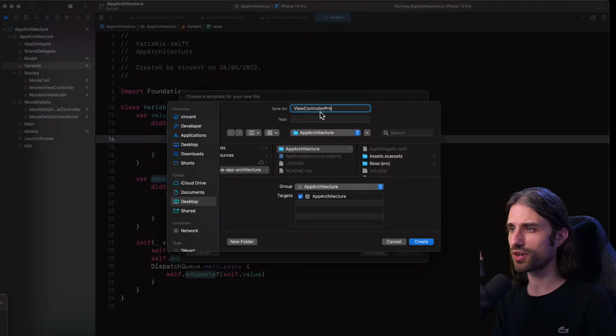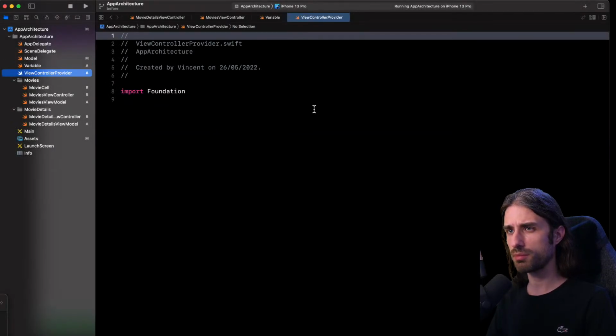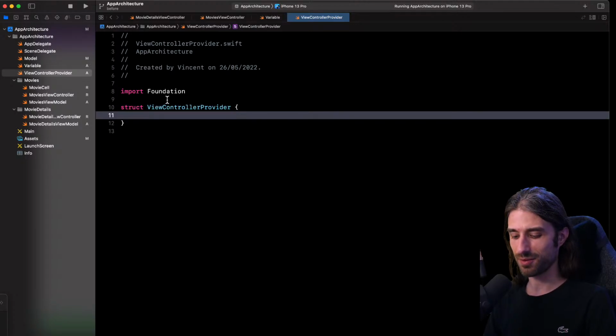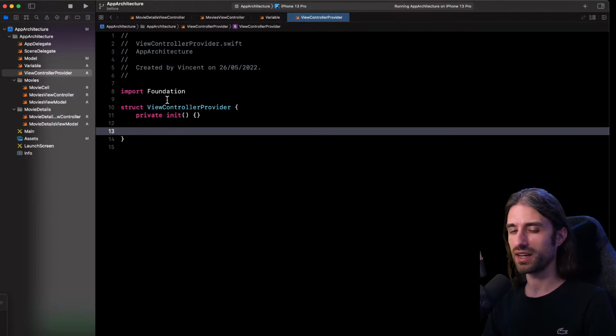The job of this type is going to be to provide either static properties or static methods to dynamically instantiate a given view controller. So I'm going to create a struct called ViewControllerProvider. I'm going to make a private init of this struct because it's just going to be a struct with static members, so I don't want it to be instantiable.